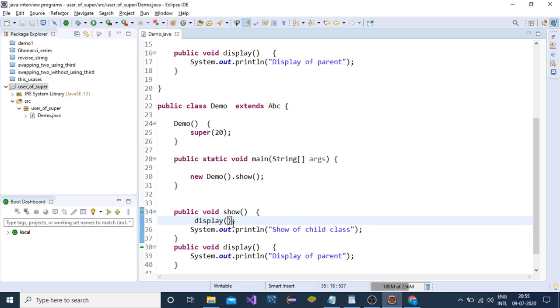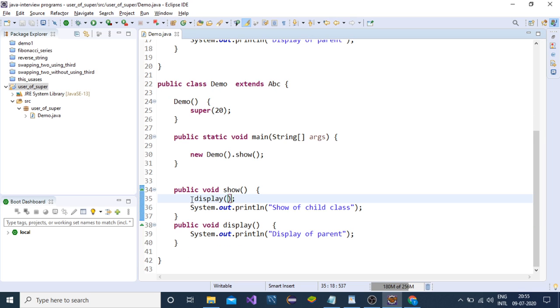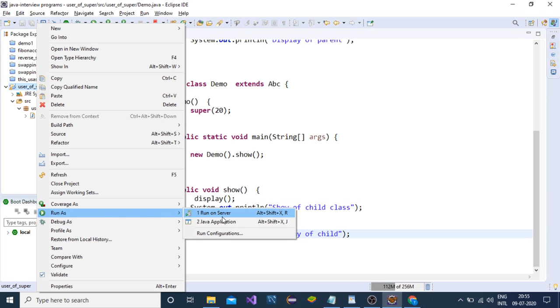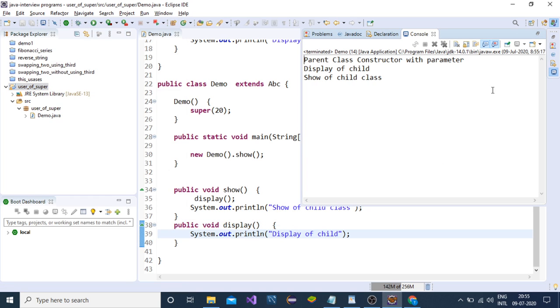If we simply call the display method, see the output: display of child.